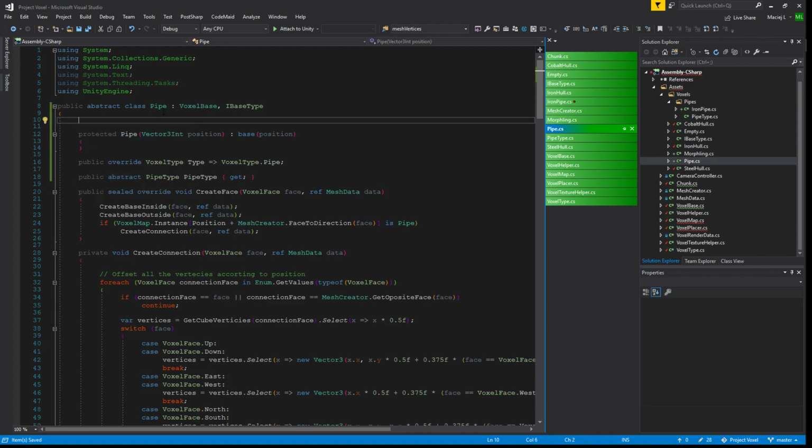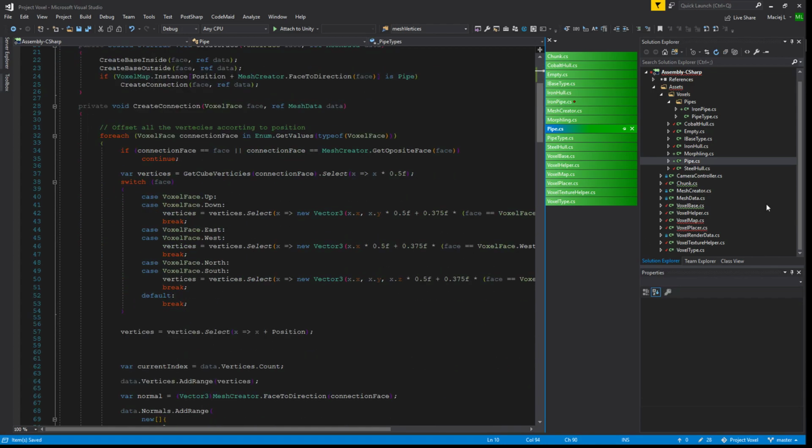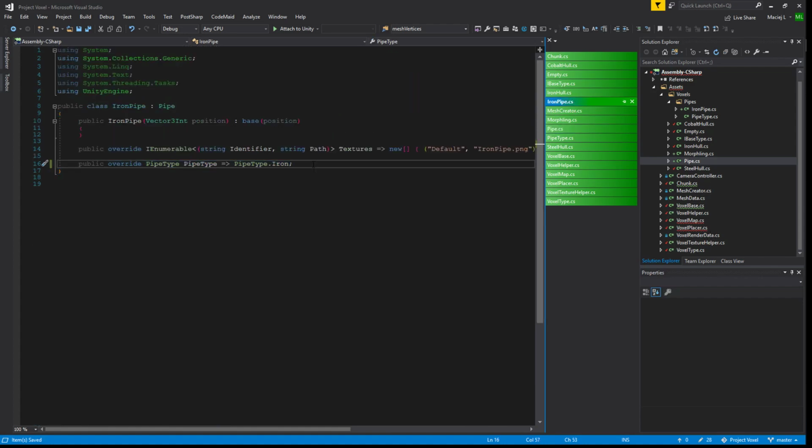So just do private static dictionary of pipe type and voxel type, just type, pipe types equals new, like that. And we should also have a